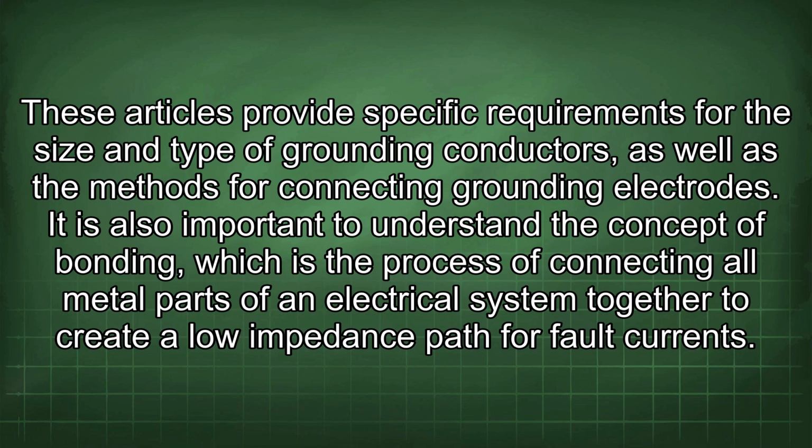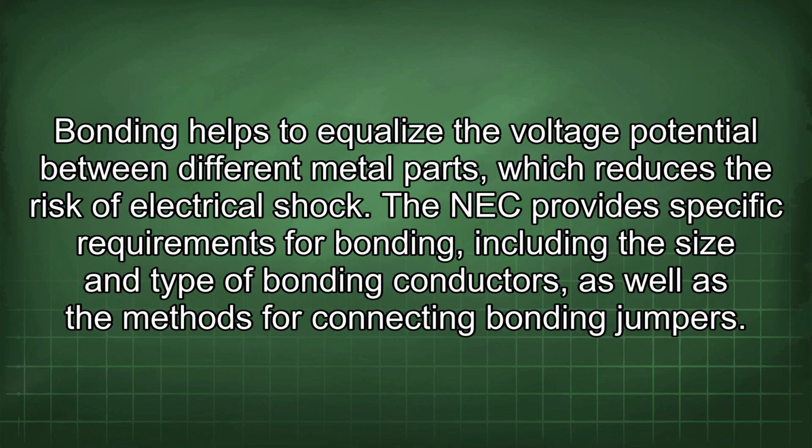It is also important to understand the concept of bonding, which is the process of connecting all metal parts of an electrical system together to create a low-impedance path for fault current. Bonding helps to equalize the voltage potential between different metal parts, which reduces the risk of electrical shock. The NEC provides specific requirements for bonding, including the size and type of bonding conductors, as well as the methods